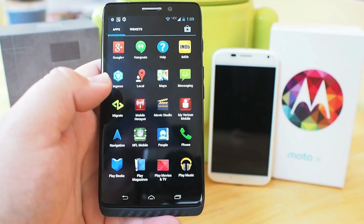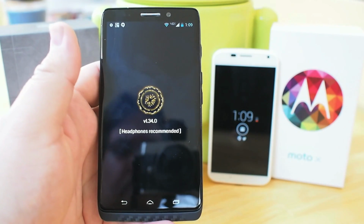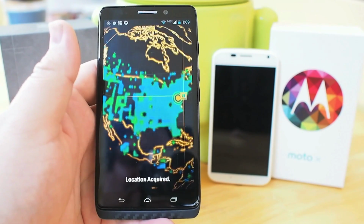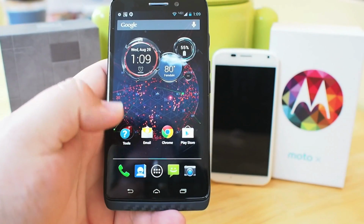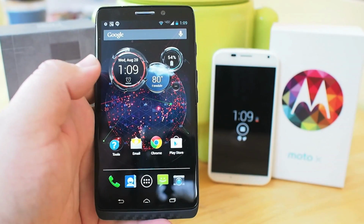Even the Verizon Wireless version of the Moto X, some of the software is missing, mostly because these are deals that Verizon and Google or Verizon and Amazon have worked out together. This is also the first phone that comes with Ingress preloaded, part of the Droid line that comes with Ingress preloaded. So the experience is not identical, and the hardware is a little different, and it really ends up being